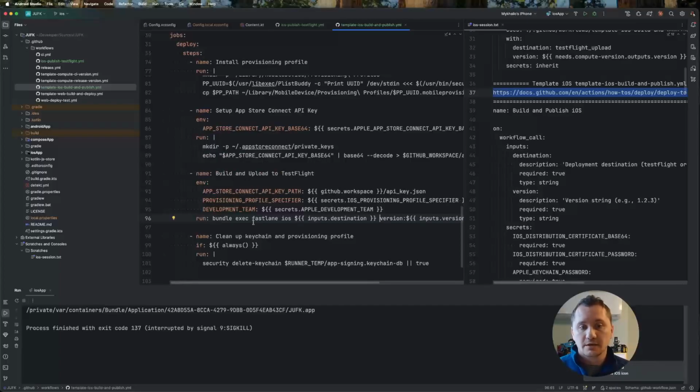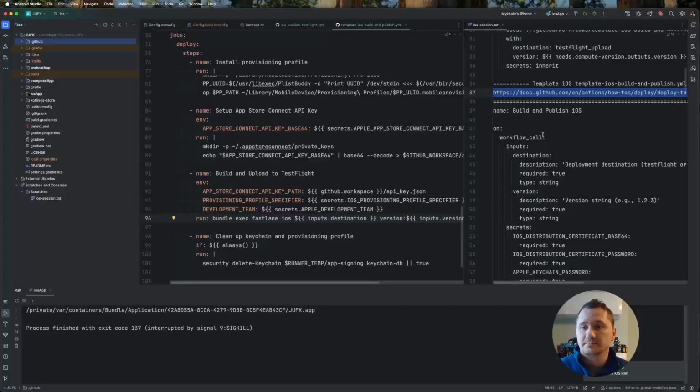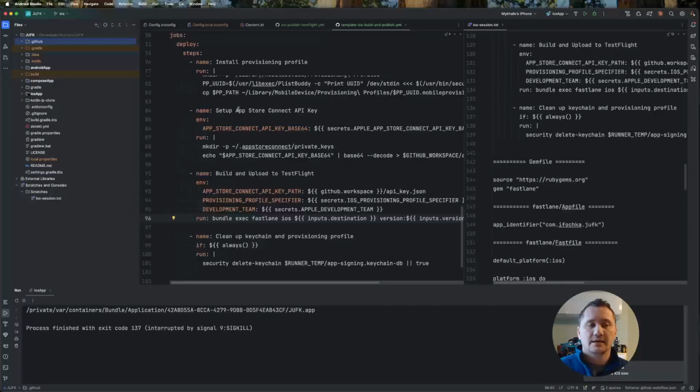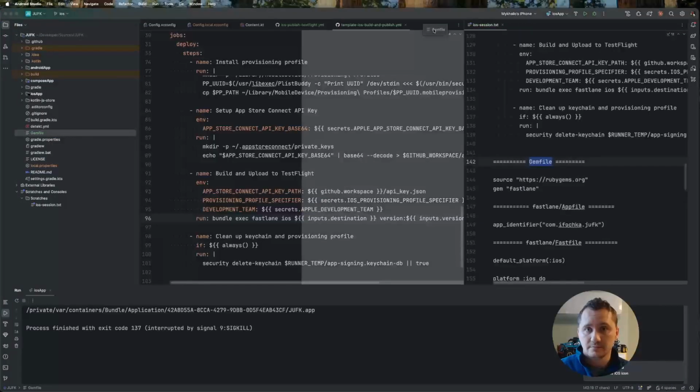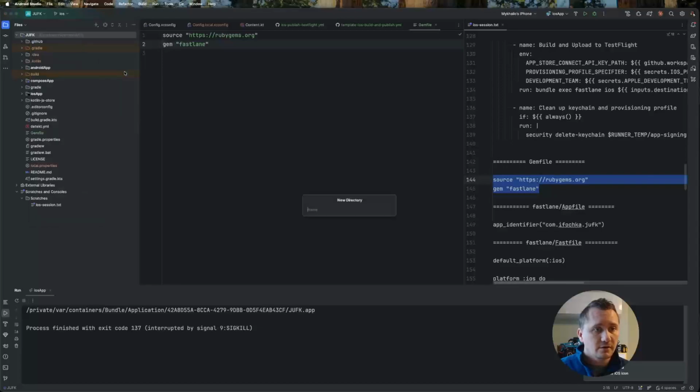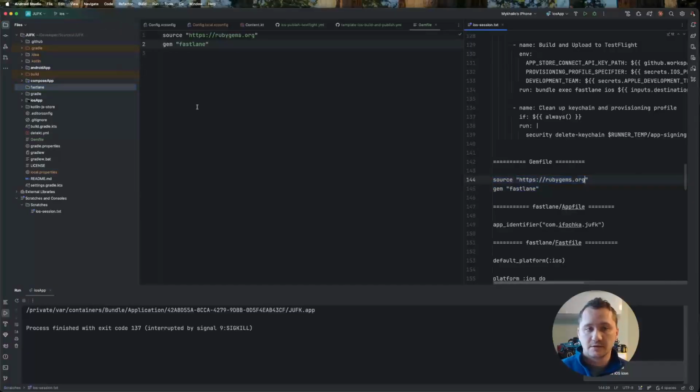Now we need to implement the Fastlane. Fastlane is a Ruby application. So the first thing, we need to create the Gemfile and define that it's going to need the Fastlane gem dependency. Okay, now let's create a folder, Fastlane, no mistakes, no mistakes. And let's create the